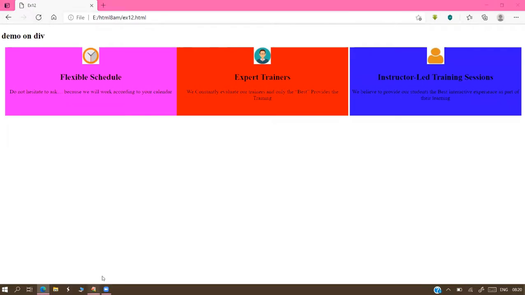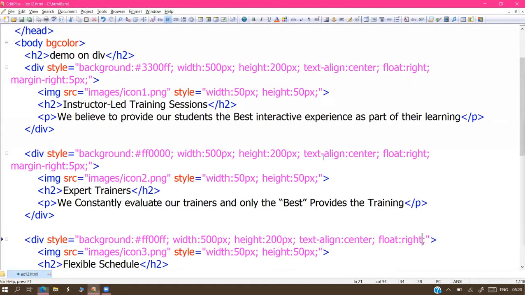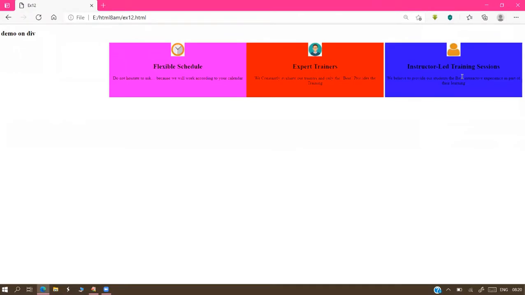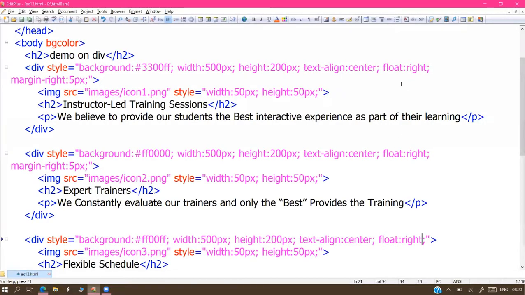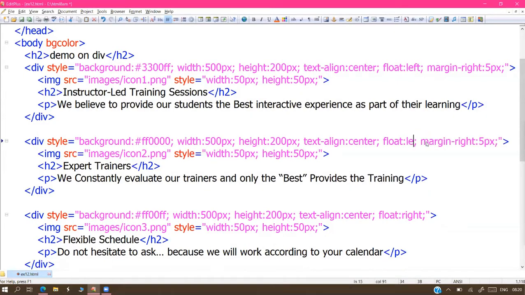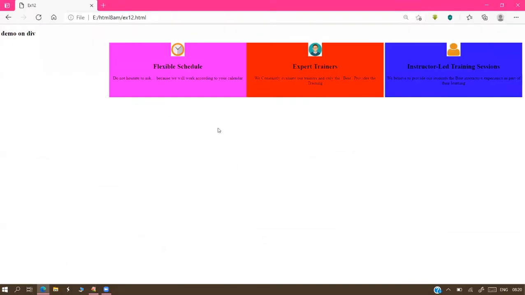Can I have some on the left and some on the right, sir? Yes, sir, we can do it, no problem. But here we don't have that much space. Now I zoom. This is right alignment. A lot of gap is available. Now I'll do one small thing here. Two on the left side, one on the right side, I'll place it. Two boxes come to this corner, one box comes to this corner.